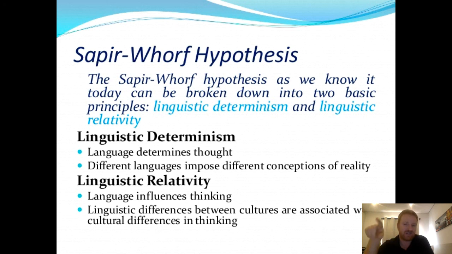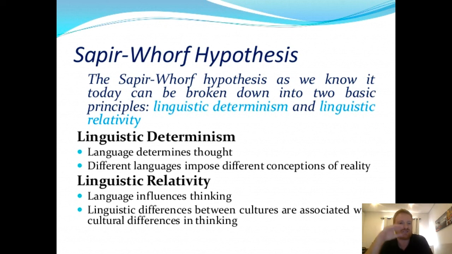Now, it's not really accepted that that's the case, because we know through other tests that we've done that languages that don't technically have a past tense still do have a past tense. They just don't use it in the way that English does. They don't have a verb tense for the past, but they might use an adjective that indicates the past. So they still do have this concept of the past, just because they don't have the same structure that other languages do.